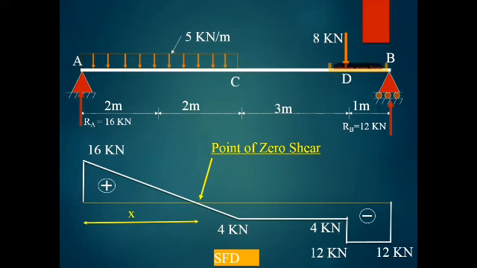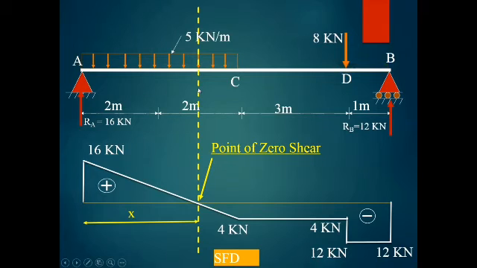Now how to calculate this? So what we do is, from any of the known points, A, C, D, B, you consider the distance as x. So I'm considering from A, I'm considering the distance as x. And then I will take the section. I will mark this section, I'll take it to the beam. So from A to this point, the distance I have considered as x.